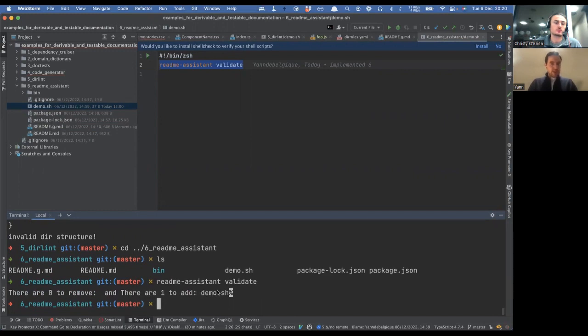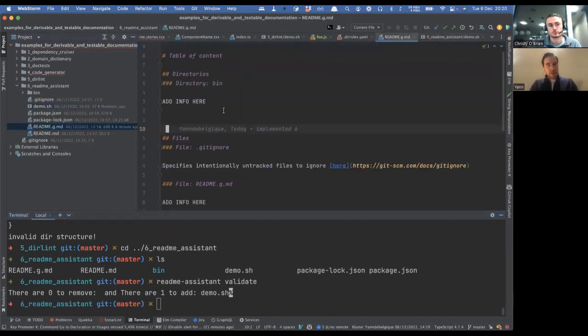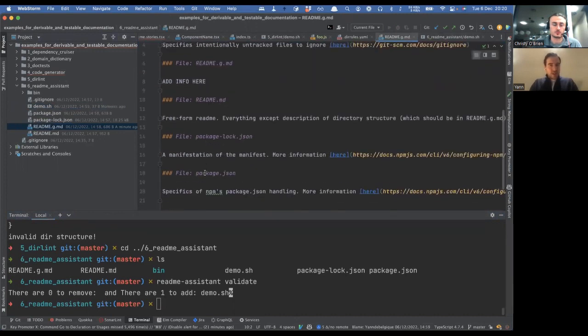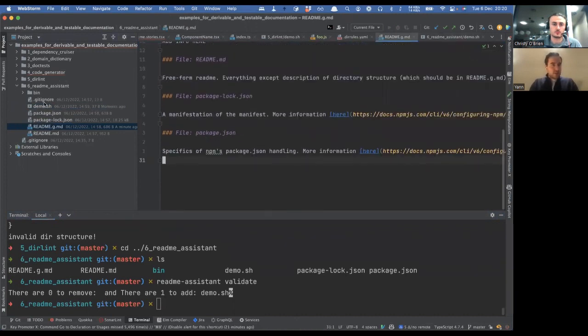And it tells you, okay, you're missing this file demo.sh in your readme.generate.md. There's this .g.md, which tells you that it's the generated README. You could configure it to be called readme.md, but I wanted to make a distinction. So I need to add a new file entry here called demo.sh because it doesn't know about it. I have here demo.sh holds